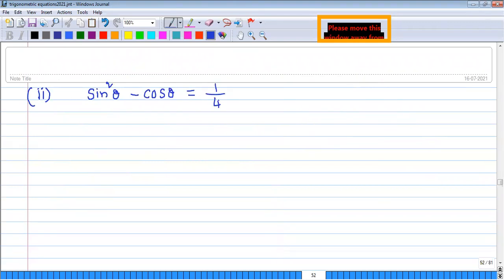I will give the method also. Multiply both sides by 4: 4 sin square theta minus 4 cos theta is equal to 1. Write sin square theta in terms of cos. You get a quadratic equation, solve it. If the solution is applicable only, then you solve it. Otherwise, just discard them. I hope you may solve this question. So till then, goodbye. We shall meet you next tomorrow.